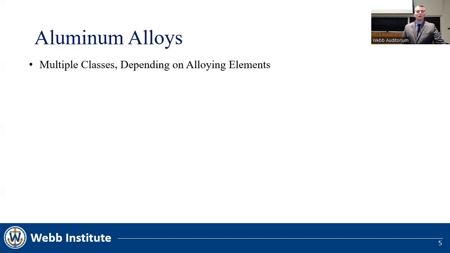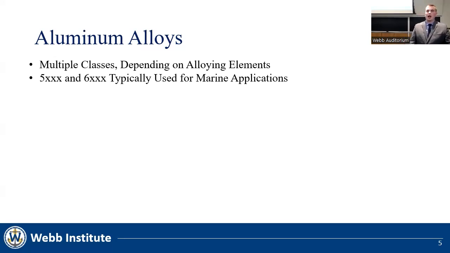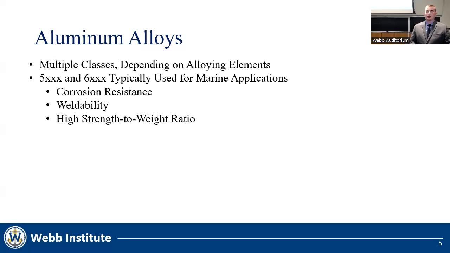Aluminum alloys come in multiple different classes, which are dependent on the alloying element. 5000 series and 6000 series aluminum are typically used for marine grade applications, so this will be our focus. And this is because of their corrosion resistance, weldability, and high strength to weight ratio. We will specifically be using 5086 for the stiffened panel. And might I add that 5000 series aluminum boasts a higher strength than 6000 series aluminum,